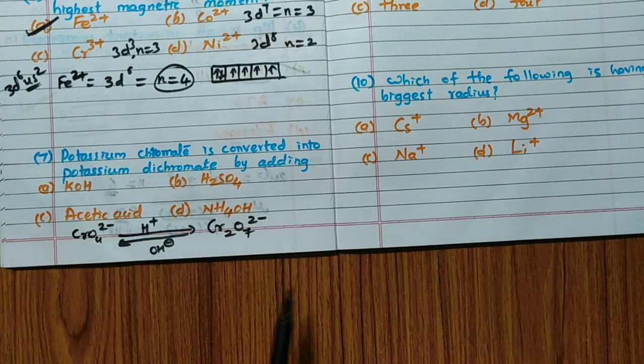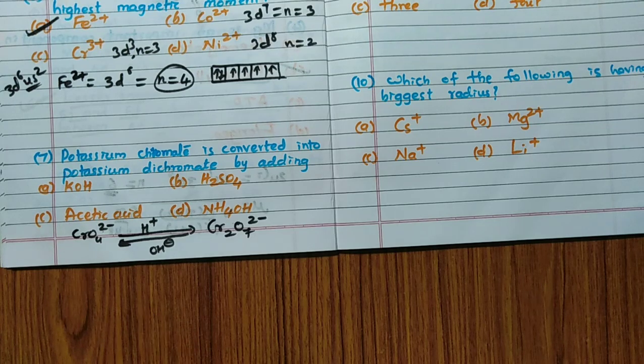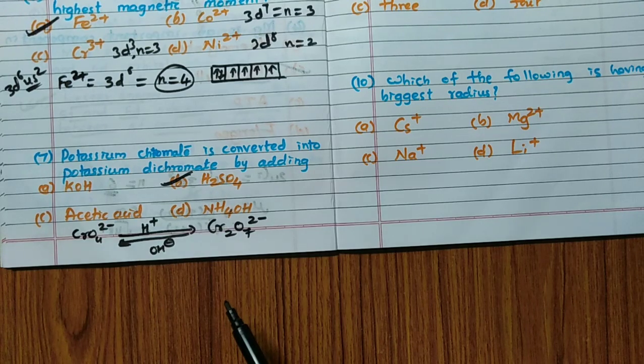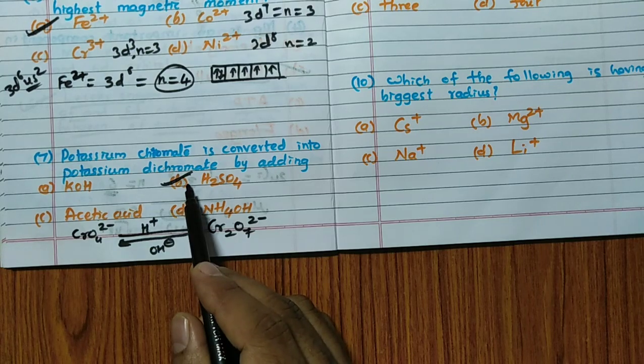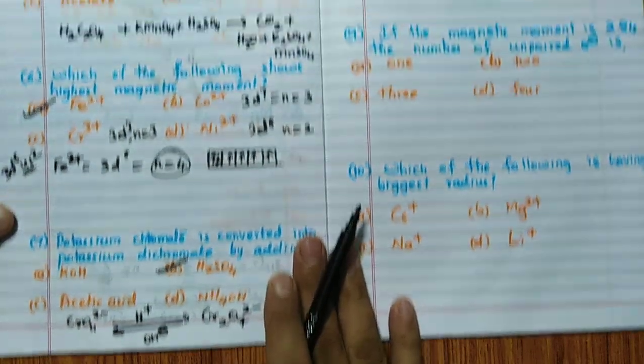So acid should be added. Both H2SO4 and acetic acid are acids, then which one is the answer? Remember, generally the acid should be stronger so that this conversion takes place very easily. So the answer for this question is B. If H2SO4 is not given, then acetic acid may also be a possibility if the concentration is more. But remember, when the options are given like this, the nearest exact answer is H2SO4. So the answer for this question is B, H2SO4.